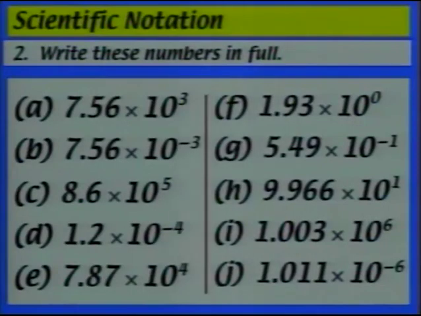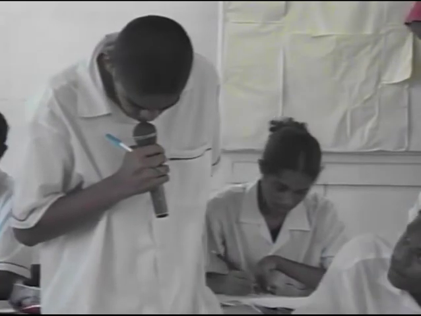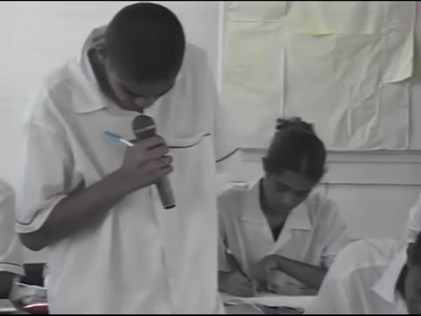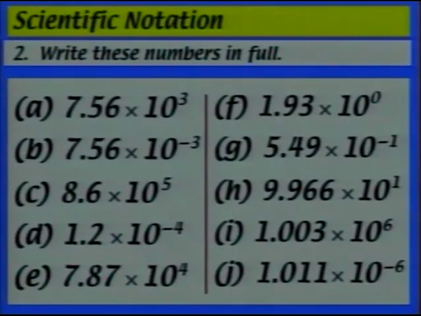1.93. 1.93, good. H. George. 99.66. Correct. And letter I, Andrew. 0.00000 1011. Okay. There should be 5 zeros after the decimal point and before the number 1 to get the answer